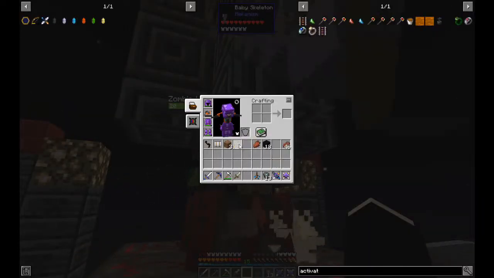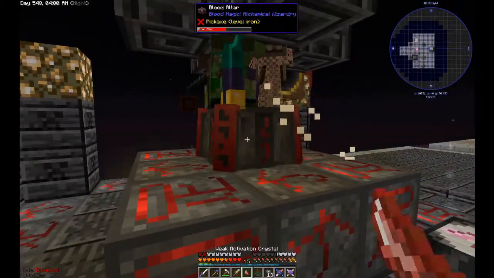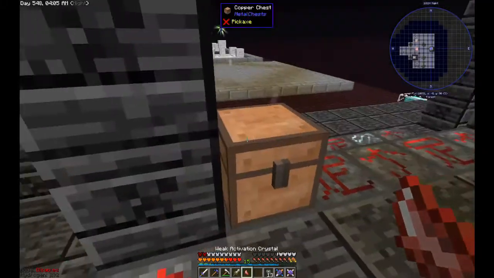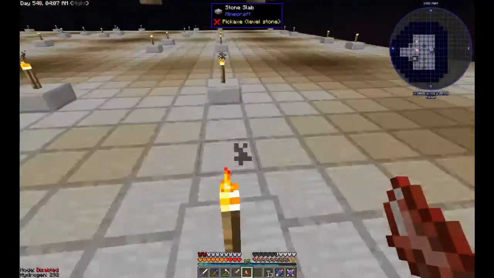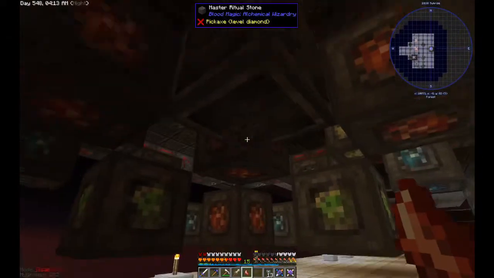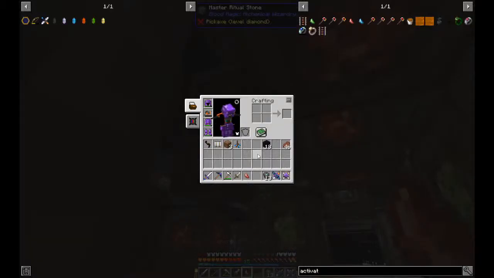Stop giving me all your junk. Oh, that was it actually. Weak activation crystal. So if I hit this board with the weak, I might get lightning. I've seen some rituals that gave lightning strikes. A rush of energy throws to the ritual,